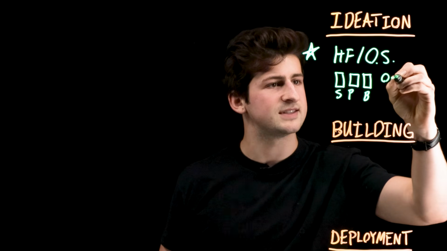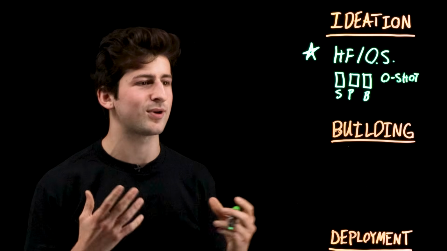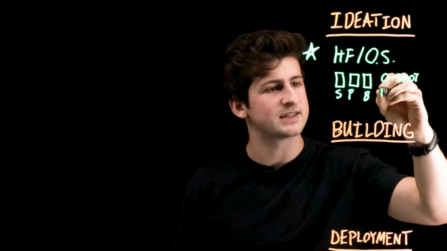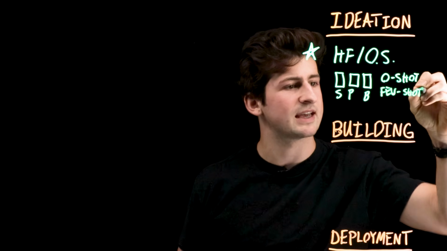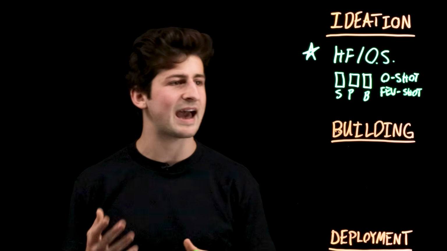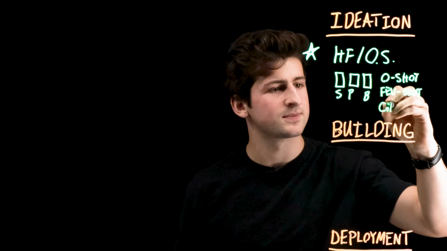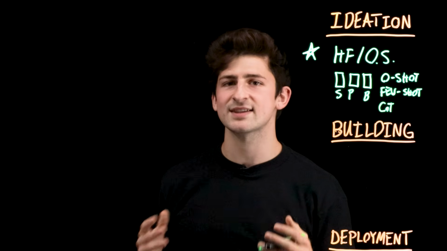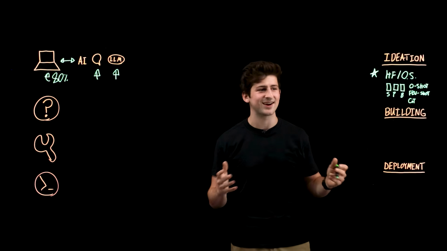Now, you should also understand various prompting techniques when you're actually working with the model. For example, zero-shot prompting. What this is essentially is asking a model a question without any examples of how to respond. Now, we can also do this a little bit differently with what's known as few-shot prompting, where we're actually giving a few different examples of how to respond, the behavior you want the LLM to have as we're working with the AI, and also chain of thought, which is actually asking the model to explain its thinking, its process step by step.